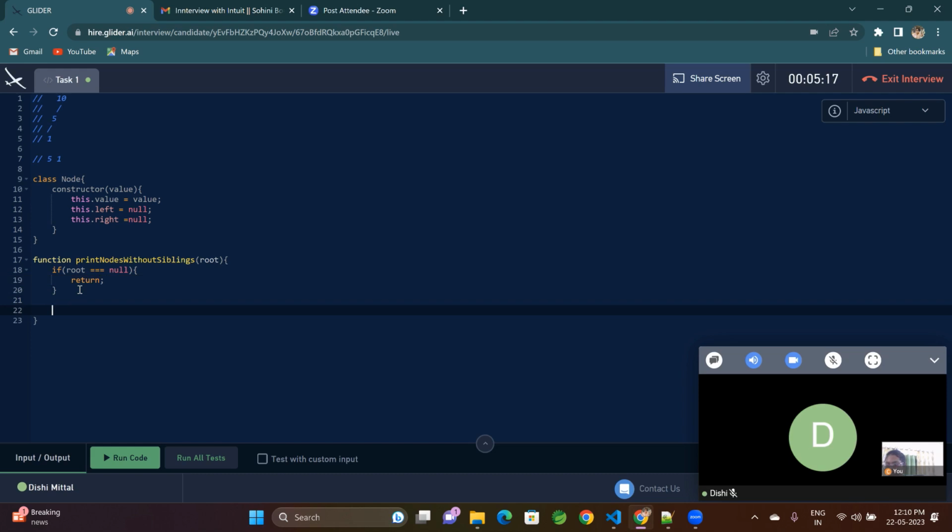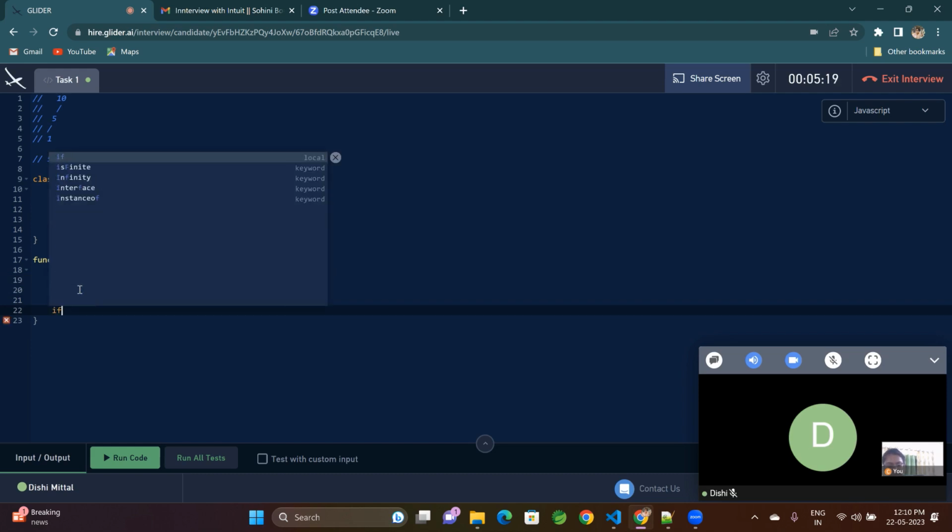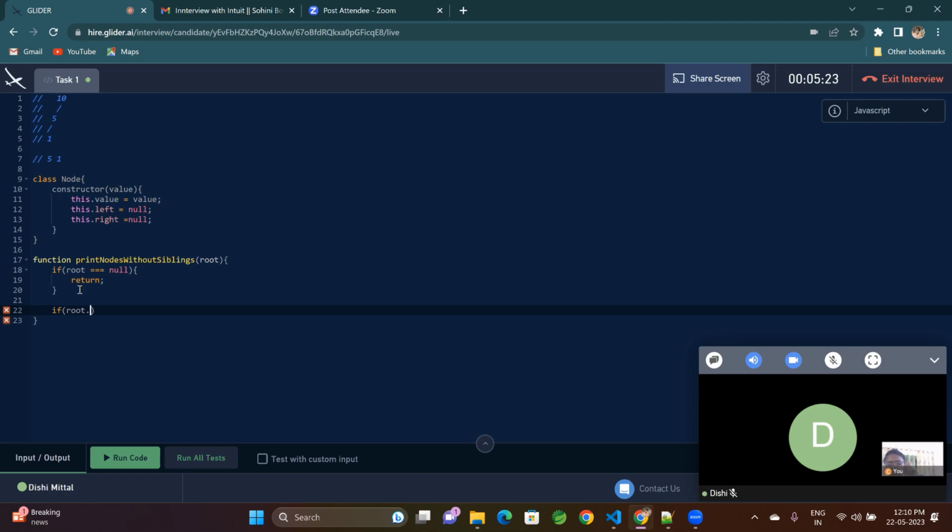Now the next condition is if root dot left. I need to think like from left, right? Root dot left, if root dot left not equal to null, and